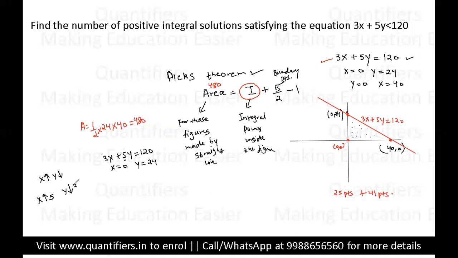Coefficient of x कितना है? 3 है. तो अब जब भी x की वैल्यू बढ़ेगी 5 से बढ़ेगी and y की वैल्यू डिक्रीज होगी, it will decrease by 3. So y will be 21. So students, now this pattern will continue. Next value will be x is equal to 10 and y will be equal to 18. So students, obviously no need to write all the cases. A last case would be obviously when x is equal to 40, and in that case y will be equal to 0.